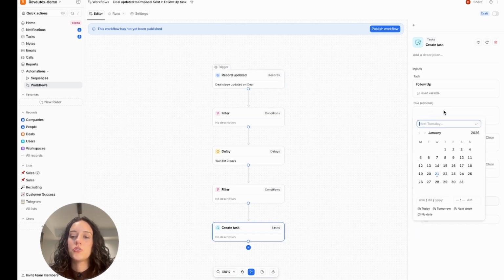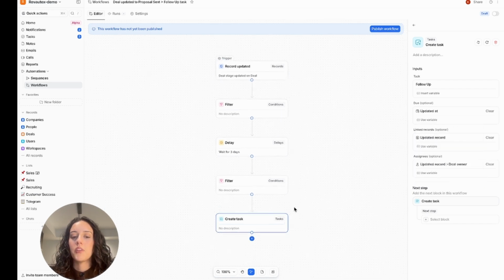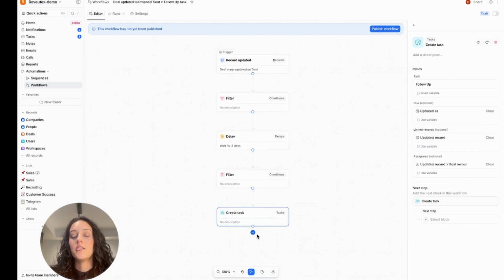And then due. So with this due date here, you could do updated at, but then you might have to create another block to adjust that due date so that it's only due X number of days later. But if you just want to keep it simple, you could just have the task created and leave the due